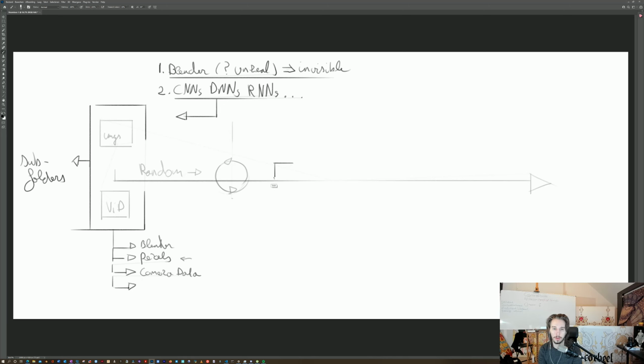I don't have this all figured out just yet, but there's going to be some summation thingy going on, of something like X, and I might change this in a second, like i equals n, and this is like infinite, because it's infinite time or something like that, and then there's like a whole system going on there. I need Blender, pixels, camera data,